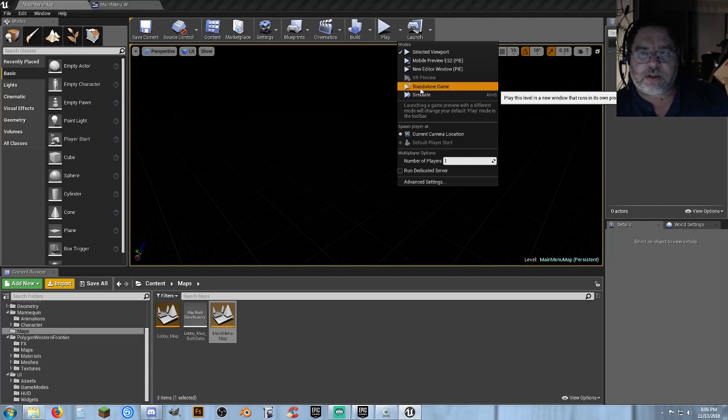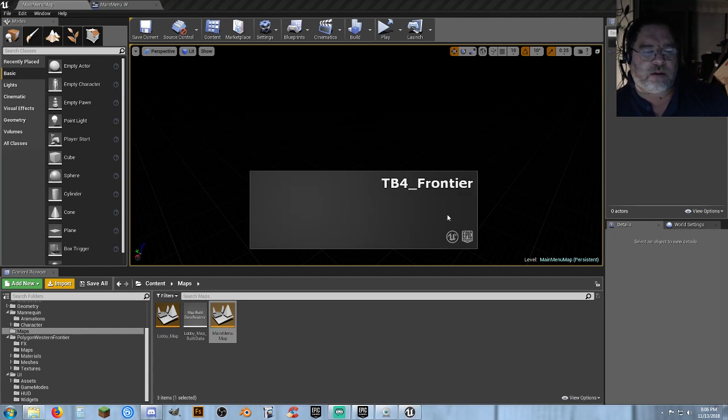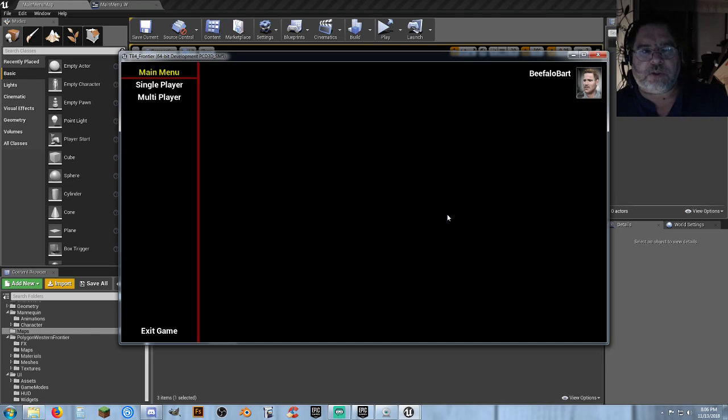I do need to get a screenshot, and I would like to put a screenshot in the main menu and add some background music to the main menu so it doesn't look like this. So I'll get a screenshot. It will encompass the entire screen here, and I'll put some music in. So now if we hit single player,